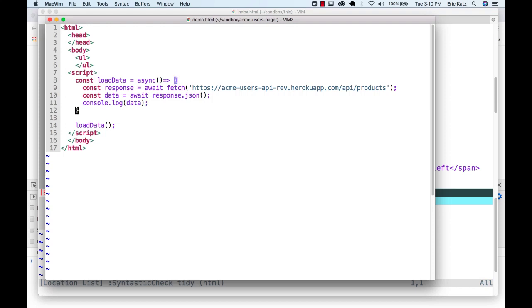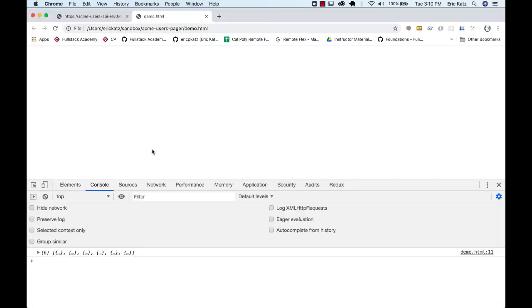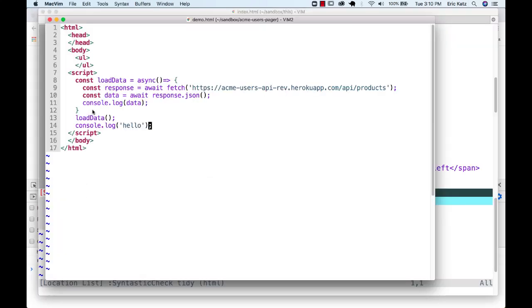So what's actually important here is that if we were to do a console log here, we would end up seeing hello first, even though our function call is above it. And because what's happening with this API is that this API is actually running on another thread somewhere. After it ends up getting its response back, it'll end up running in this thread, but only when it ends up getting its data back. So async and await are used for APIs that end up giving us back promises,